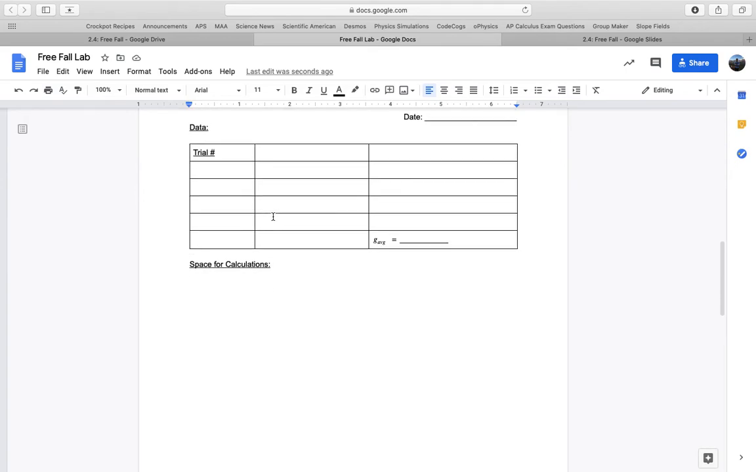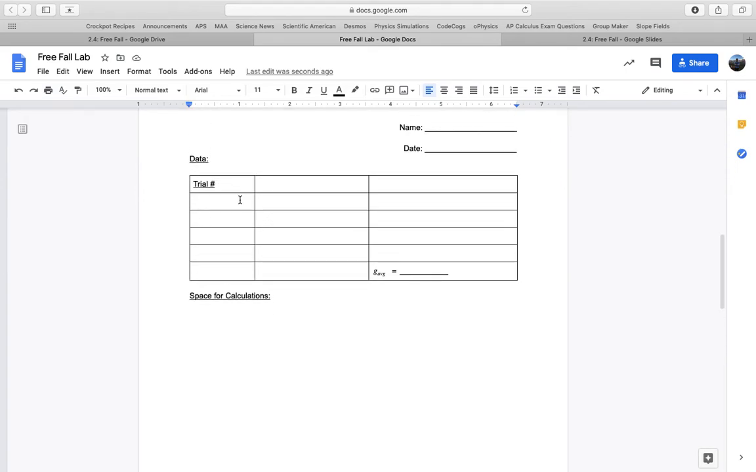So now in the data table, okay? In a data table, you have space for trials. In this spot right here is going to go the data that you're going to collect, okay? Which in this case, I'm going to let you determine what data we have to collect, okay? And then in this last column right here is going to be where you put your acceleration due to gravity